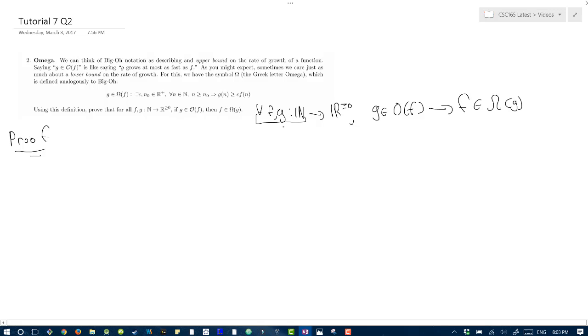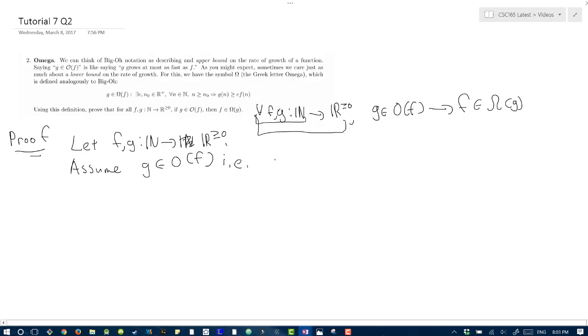So first, we deal with this. Actually, this whole thing. So we let f and g be arbitrary functions. Okay. And we assume that g is in the big O of f,